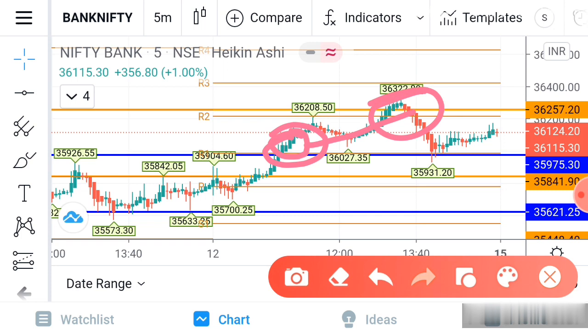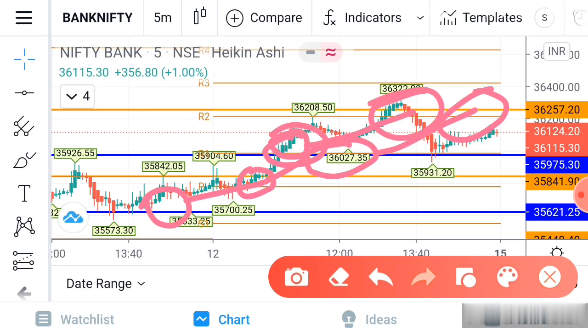Each level you can see, here this level is broken, then it goes to the next level, and if that is broken, it goes to the next level. Always, Bank Nifty or Nifty will be moving from one level to another level. Without taking support, it won't move further up or down. So that is very important. This is how we can catch the trend of Bank Nifty. And in this way, if you catch whether Bank Nifty is going to the upside or downside, based on that we can select whether we have to buy CE or PE.